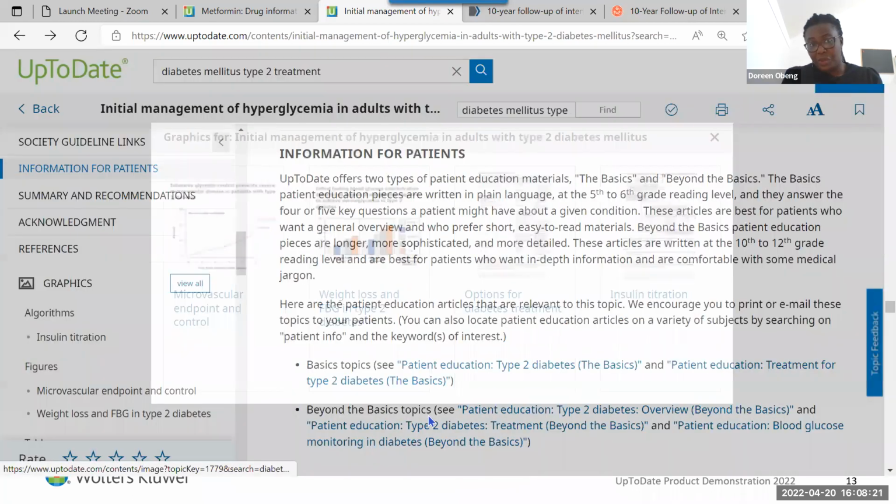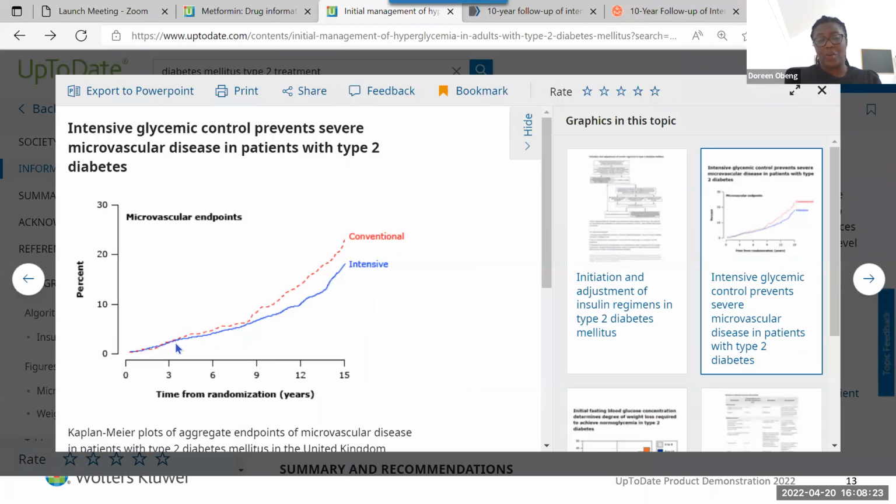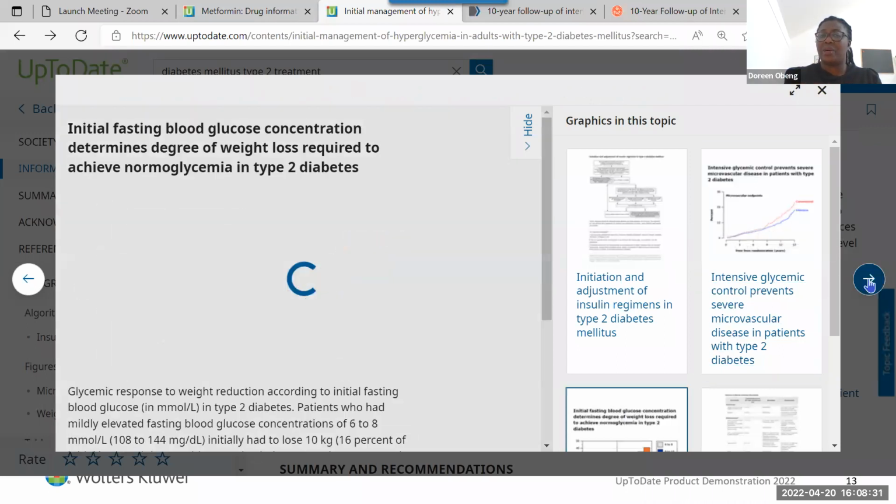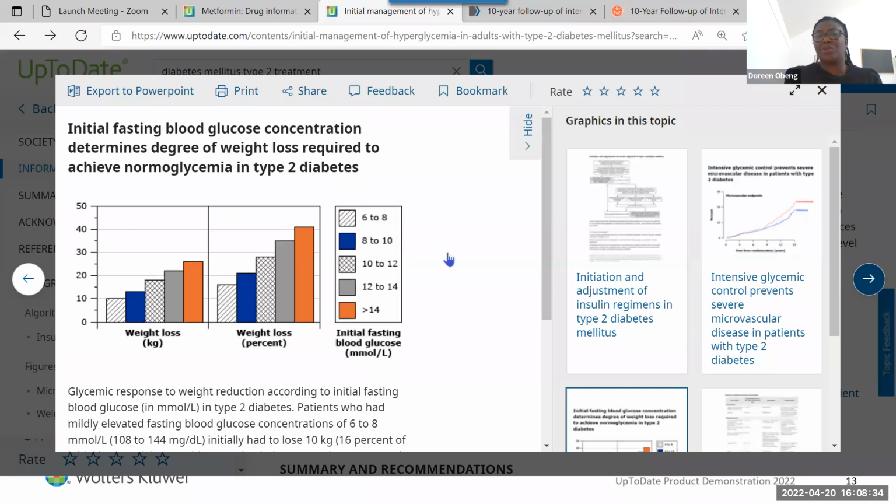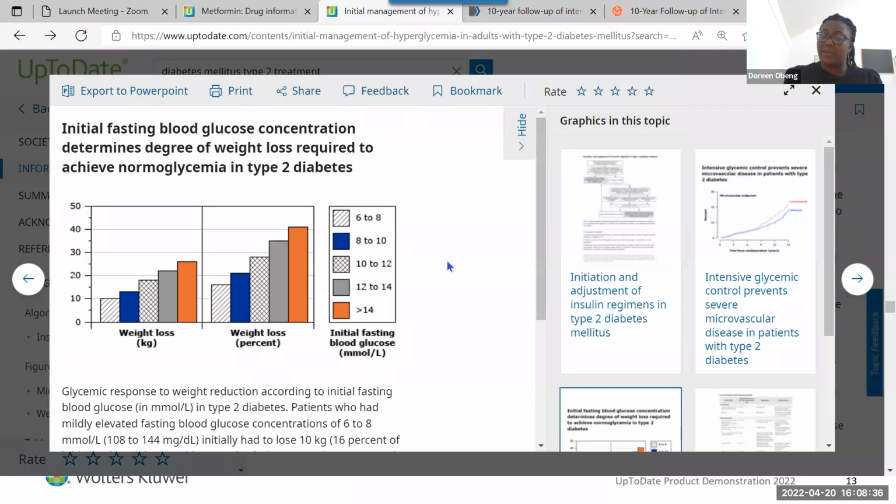Let's say we want to view this specific one, whereby we'll click on it and it will open the image. We can use the arrow button to navigate through all the available graphics. And for every graphic, you can bookmark them, you can give feedback on them, you can even share them digitally or print them out. The cool thing with this graphic system within UpToDate is that you are able to export it